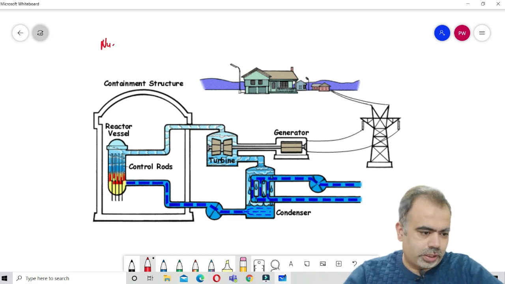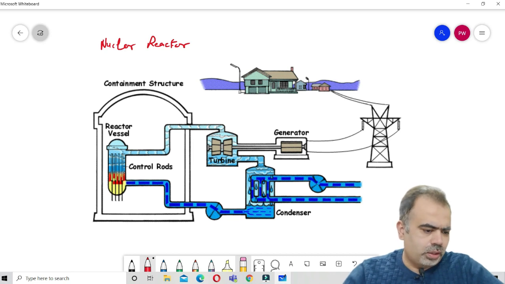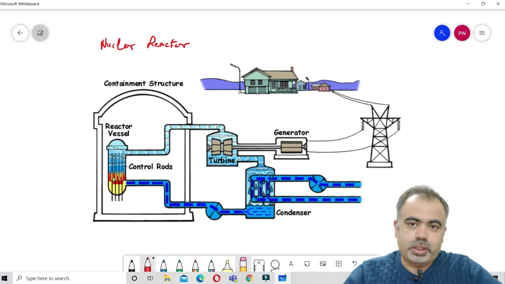So this is a nuclear reactor. I think most of you are familiar with this. It is a nuclear power plant basically, which generates energy, and particularly we use it for generating electricity. Let us very quickly see its construction. It consists of a very isolated chamber, which is made up of very high quality steel, and it is totally leak proof.